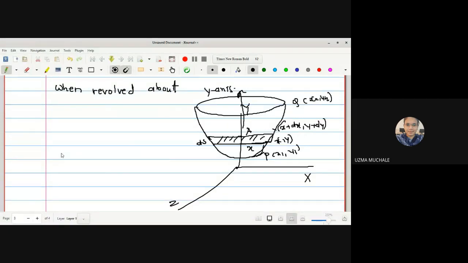Do you understand what the image is? A curve in the xy plane that we want to rotate, right? Just like in childhood we had many toys. If you take any toy and turn it in a circular motion about a fixed axis, whatever object you get is a catenary. We have a curve in the xy plane, so you have to revolve this curve, and after revolution whatever you get is a catenary.